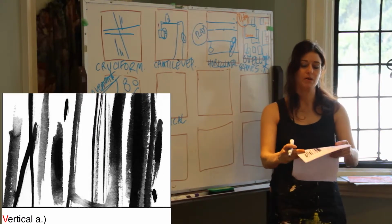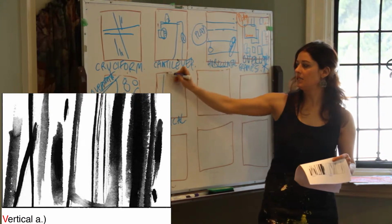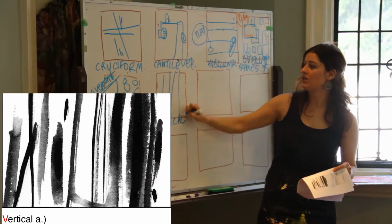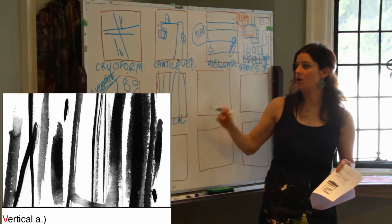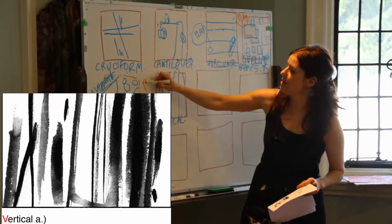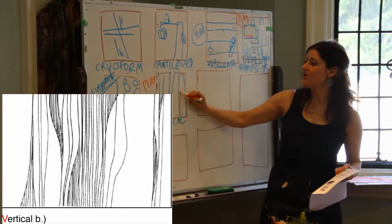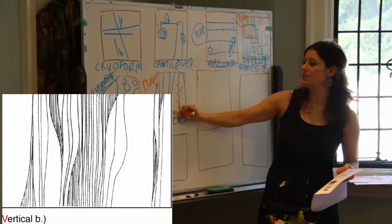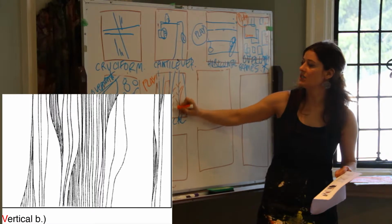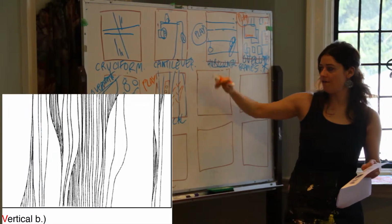So I would say both of those pieces look quite calming and tranquil. And basically vertical is very straightforward, and it's a very solid composition, again, that would allow for you to play and branch off. And often people that are using this, things come out of it, like maybe trees, you start to see trees out of it, or you do start to see city buildings come out of these layers of